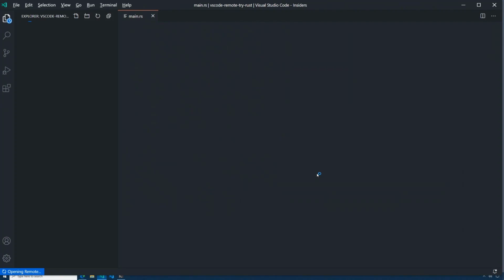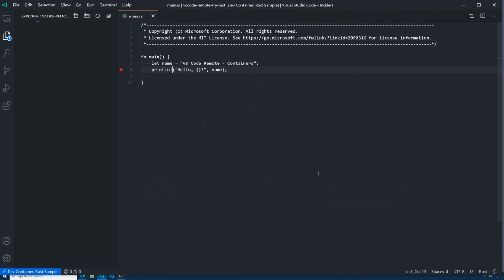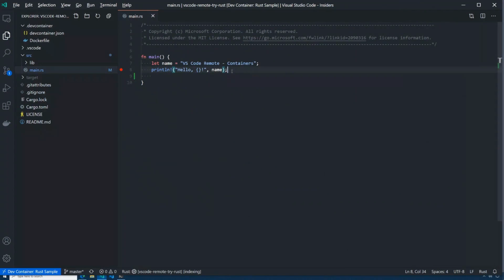So I click on Rust, we'll restart VS Code, and it's going to spin up a development or a Docker container. It's going to connect to it, and now I've got a full Rust development environment on my machine. If I say print, I get full completions. If I bring up the terminal,